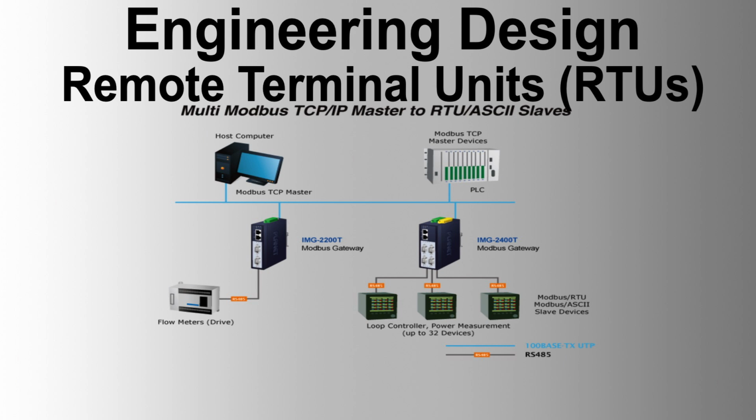Proper filtering for contact bounce, such that contact transitions must last for a minimum of time before a change is reported. The time of the change is at the initial contact. Interrogation voltage: the RTU shall provide a 24-volt DC interrogation voltage as a standard for the status of all hardwired input contacts. Protocol: all digital inputs shall follow the report by exception (RBE) protocol to minimize network polling, thereby reducing